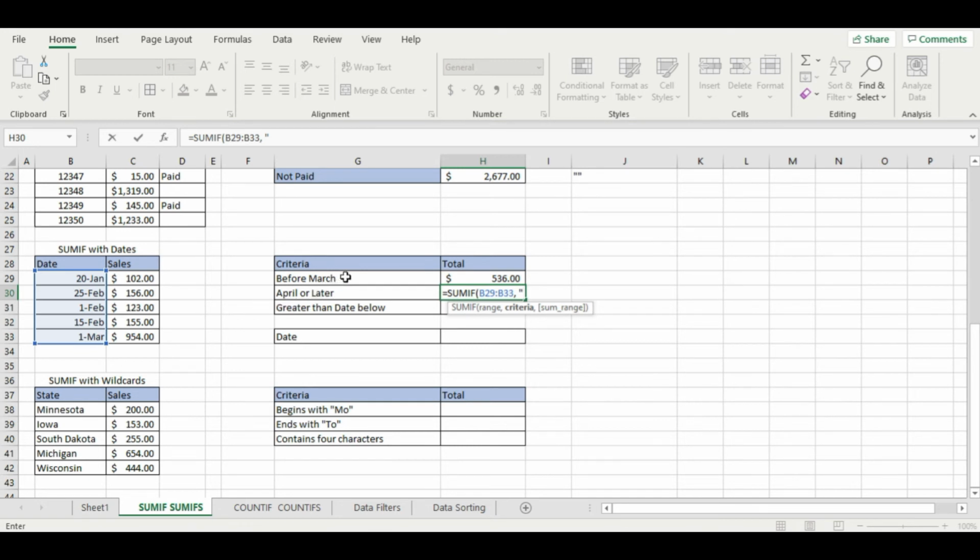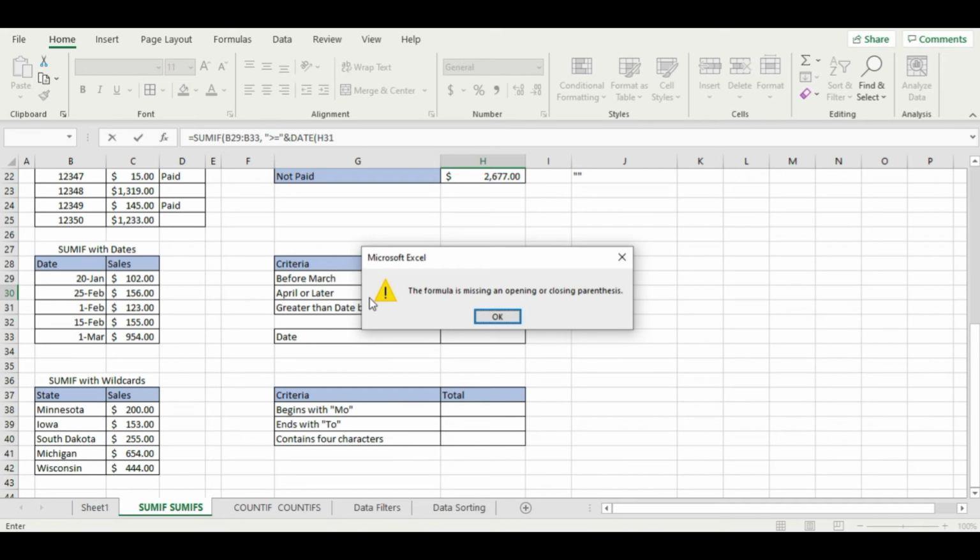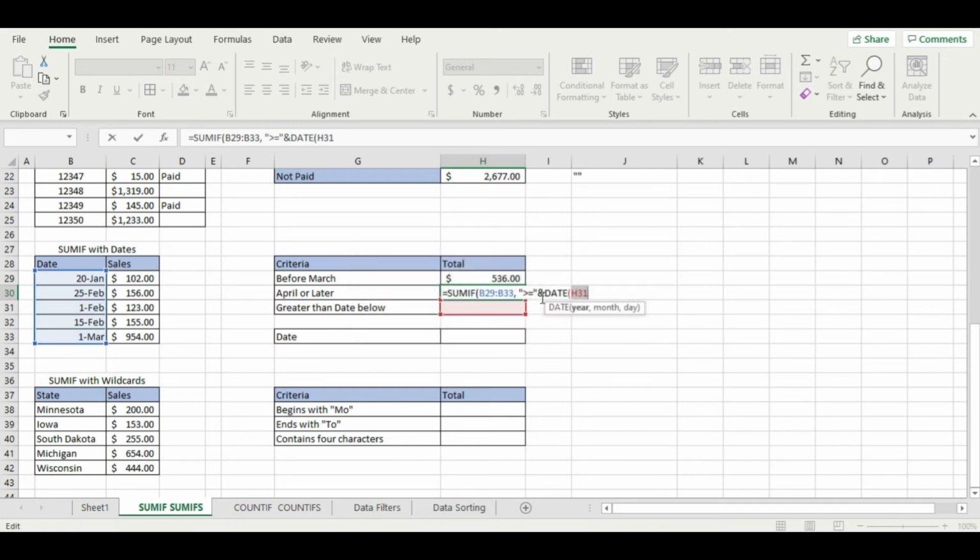Before, you mentioned before March; here it's April or later, which means April is included. So what you do is you mention greater than or equal to, close apostrophe, combination ampersand, type DATE, open brackets, year 2021, oops, parenthesis is closed,